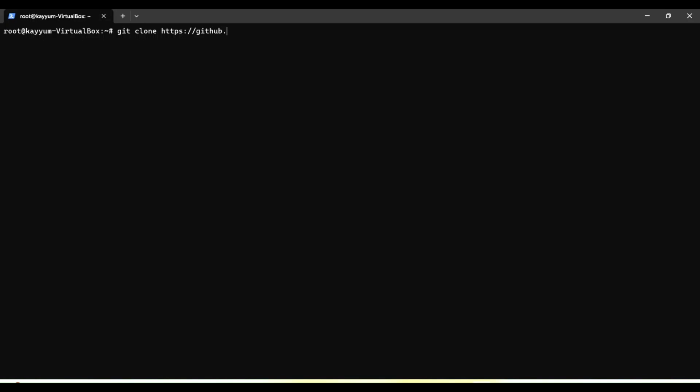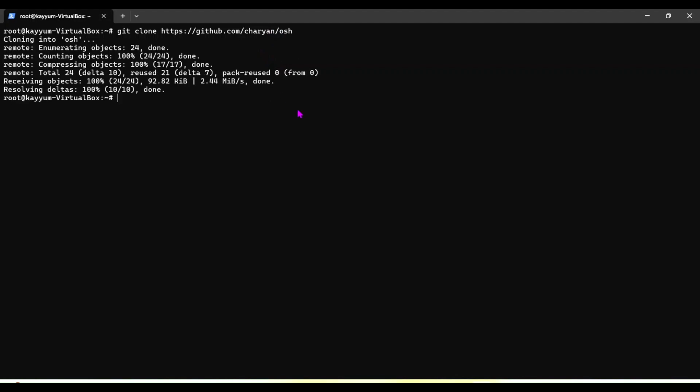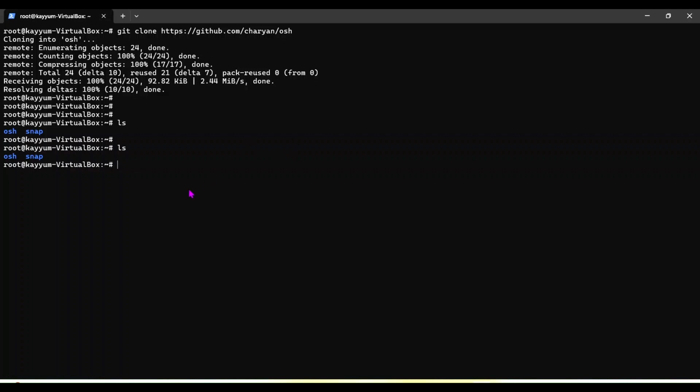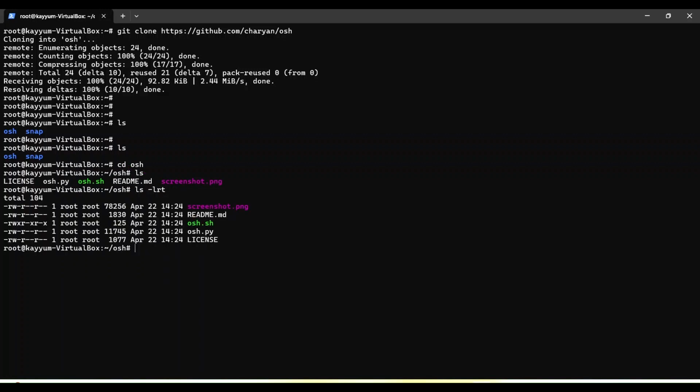using github.com, and this is the man who has created this fantastic tool. You can see receiving objects and so on. I like this library actually. You can see OSH has been created there. We need to go inside and you will see